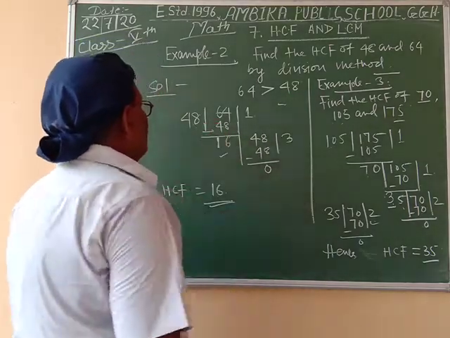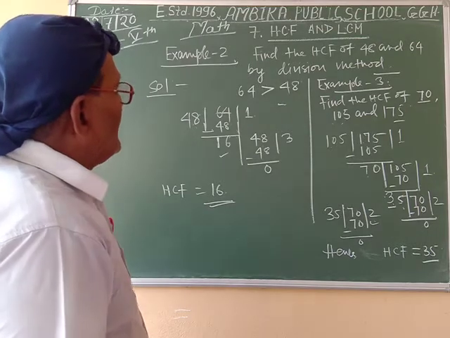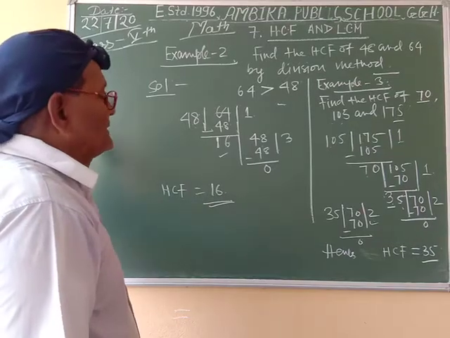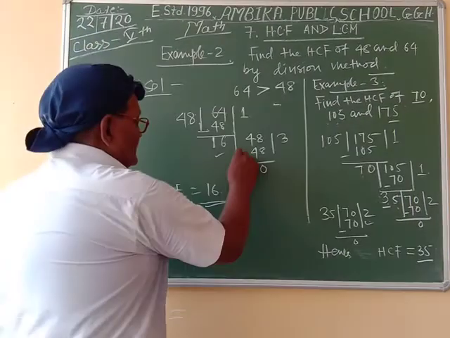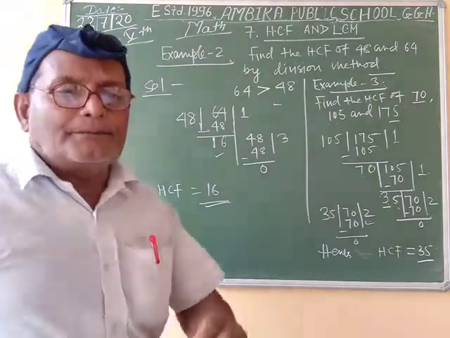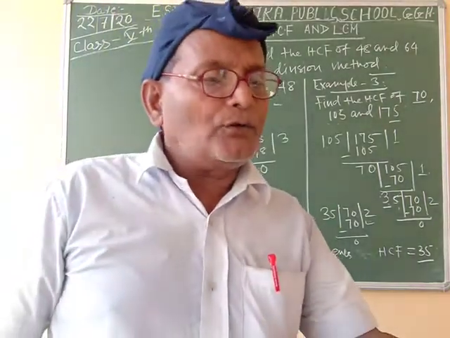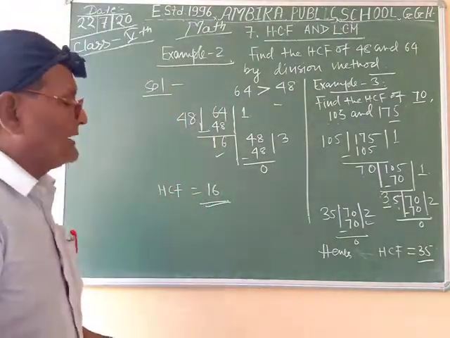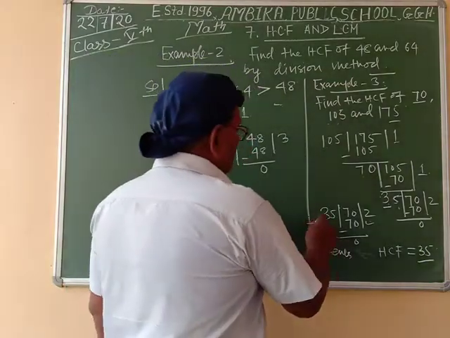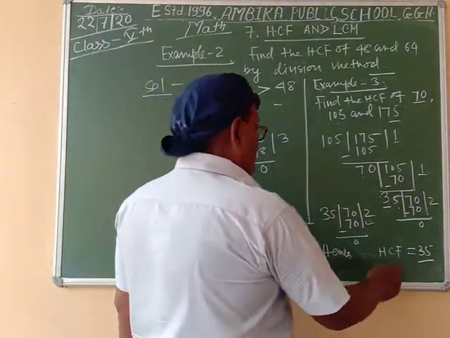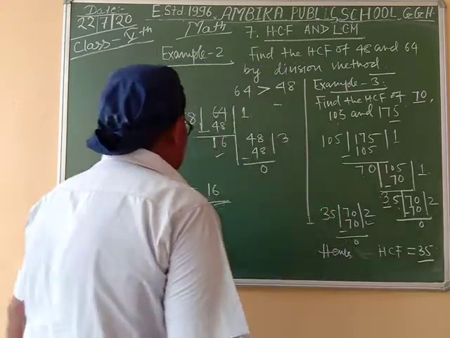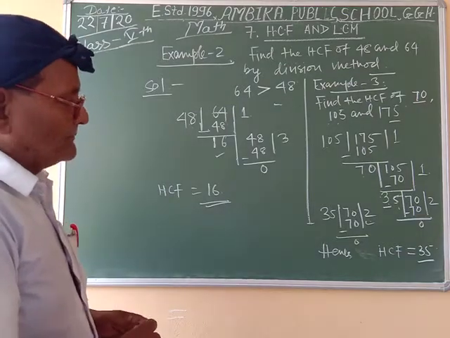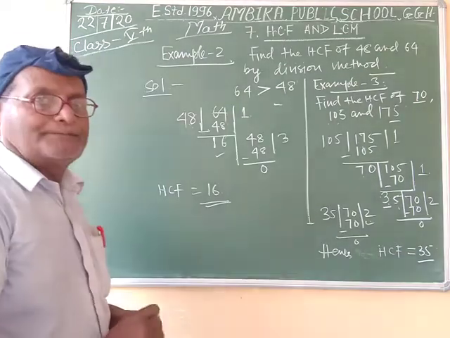And you have learned in the previous class how you can find the HCF by the factorization method. So both methods I have taught you, and using these methods you can now try to solve the examples of exercise 7a. I give you the task to try to solve the exercise, and if you have problems, then in the next class they will be solved. Thank you.